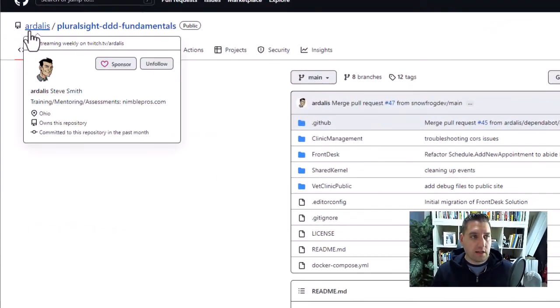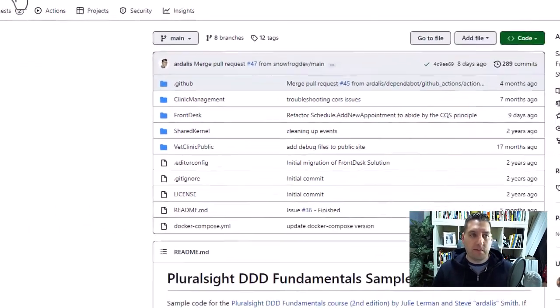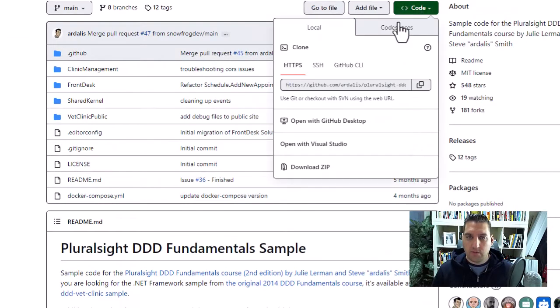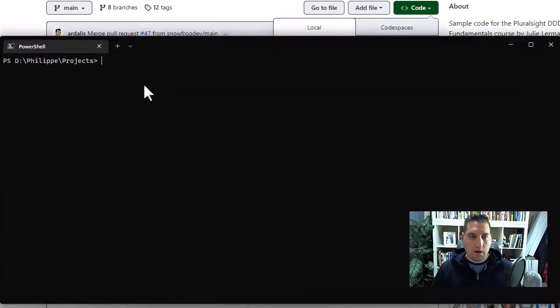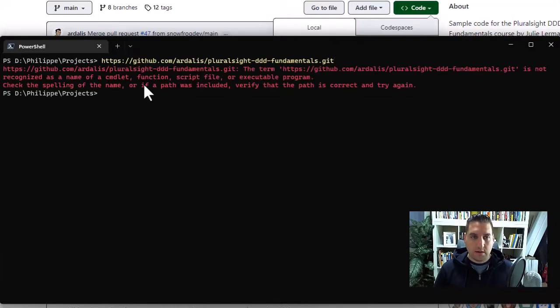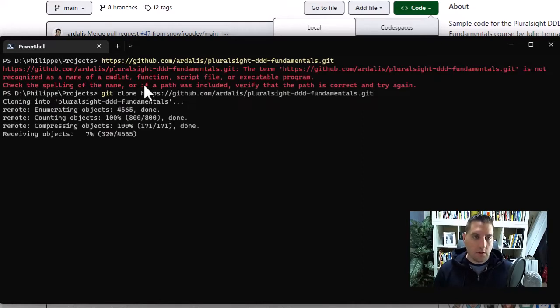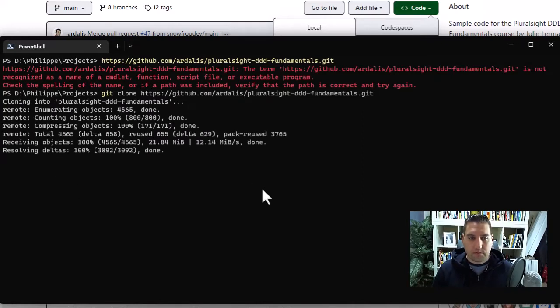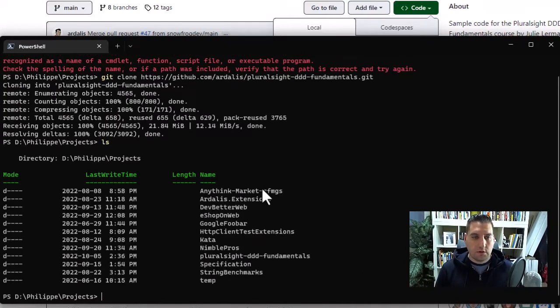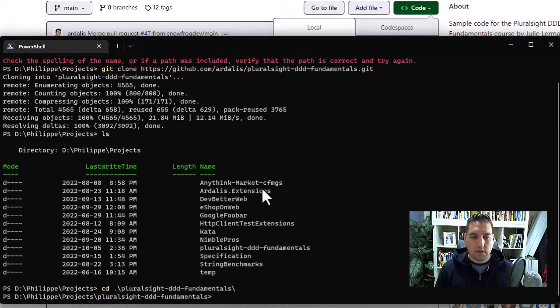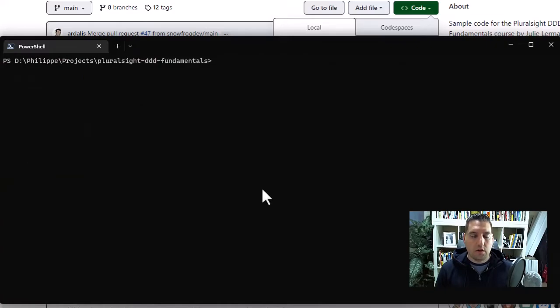All right, but the first step is cloning the repo. So we're going to start from scratch. It's at Dallas Pluralsight DDD Fundamentals. And I'm just going to do this from the terminal here. And clone that. Oops, I got to do git clone, of course. Okay, that should have worked. Yep. Pluralsight, and now that we're in here,